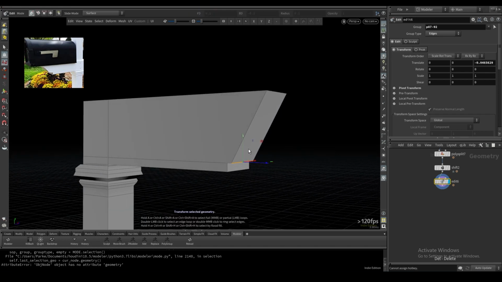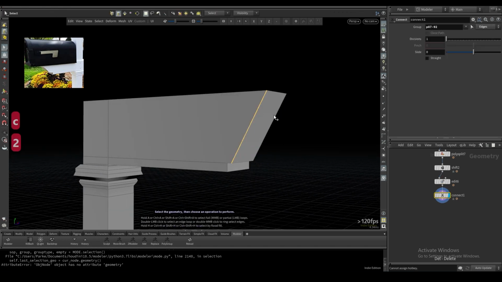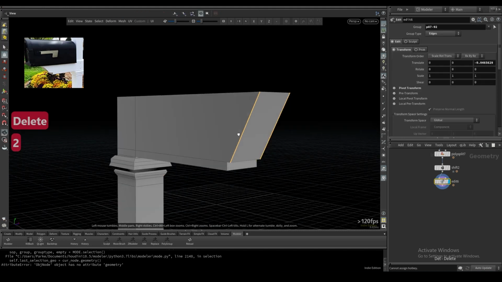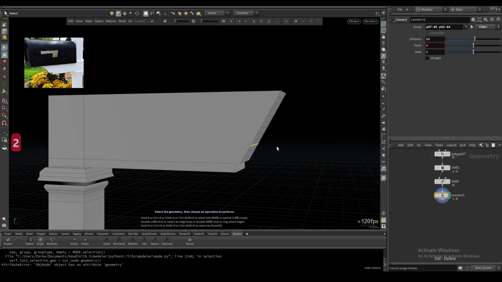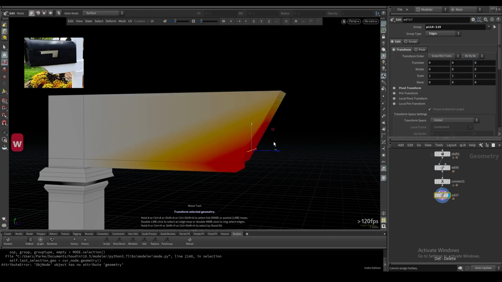Okay, so now let's do a connect. If you select 2 edges here, and then I hit C for connect, it's going to connect them in the center. But if I start scrolling on the mouse wheel, it's going to start giving me subdivisions. And all I'm going to do here is select, maybe I select this guy. I'll go W. And then if you scroll on the mouse wheel after you select W, E, R for like the translate, rotate, or extrude, you can start getting this soft transform. And that's going to allow me to